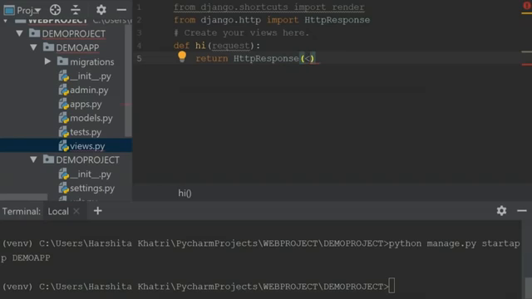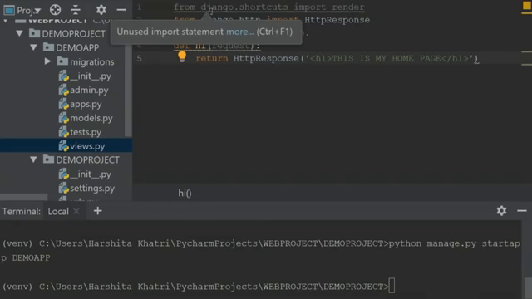I actually want this function to return a message saying that this is the homepage of my website. I'll just put it as a string and I'll use the h1 tag for this. This is my homepage. And I'll close the h1 tag with /h1. So as you can see over here, PyCharm has highlighted this line because I'm using the HttpResponse function. The first line of my code is not highlighted because I'm not using the render function anywhere. As of now, I'll not be using the render function. However, I'll be showing y'all how to use this later on.